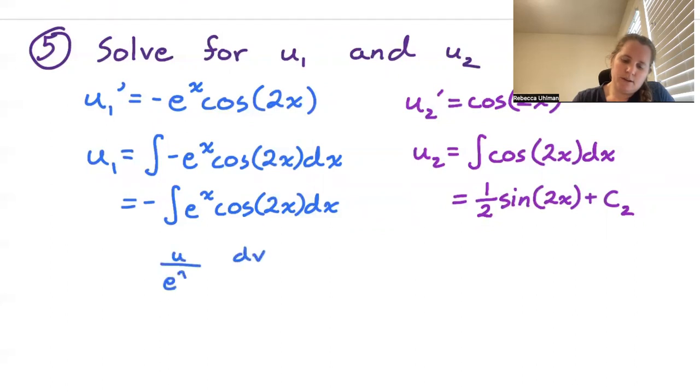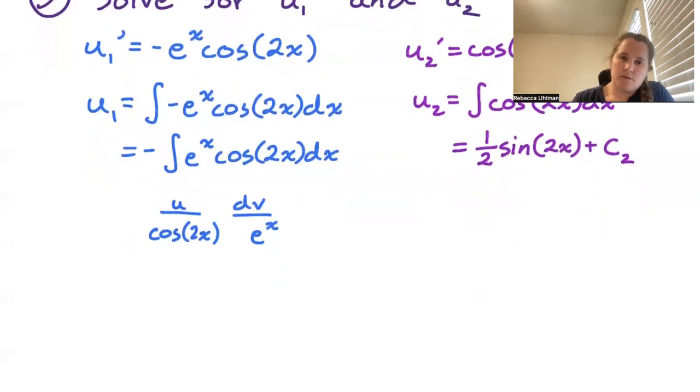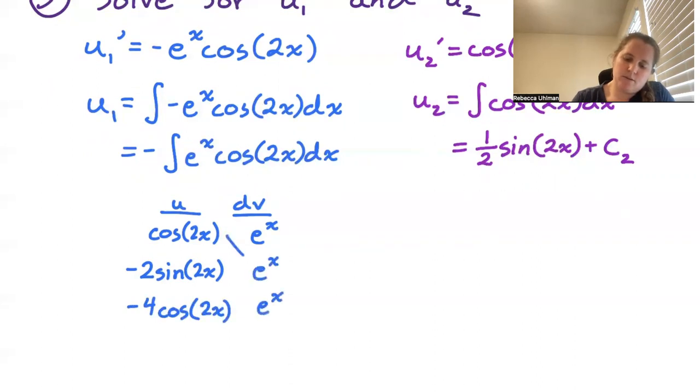Let's do cosine 2x as our u, and e^x is our dv. So taking the derivative, we get -2 sine of 2x, and then -4 cosine of 2x. Integrating, we just have a bunch of e^x's. So we do a positive product, first diagonal, negative product, and then we do a positive